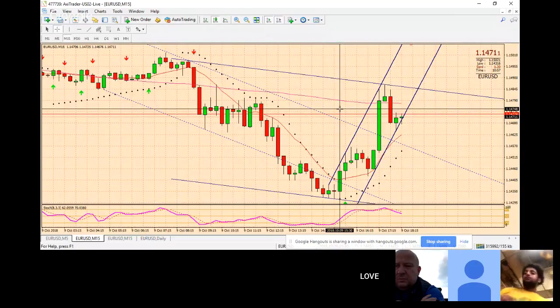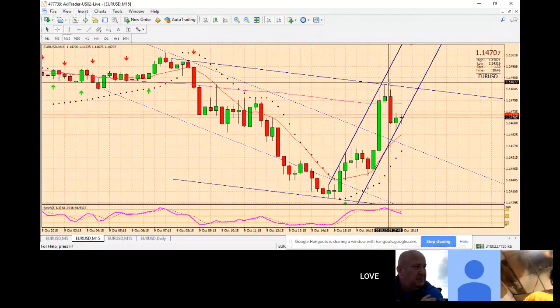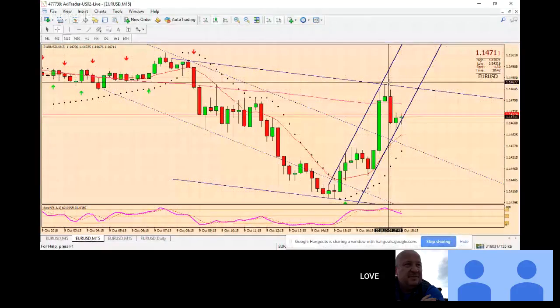So next time, I said, okay, 50 pips stop loss. You decided you're going to risk 3%, which is 30 quid again. So what do you do? You just go with 30 divided by 50 equals 0.6. So your lot size increases this time, but overall loss stays the same.